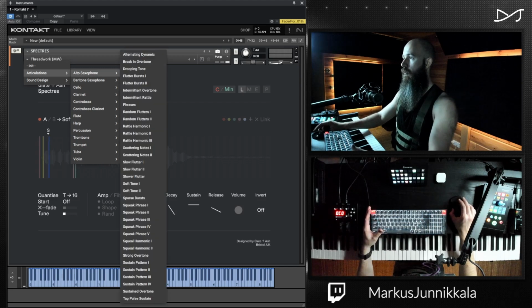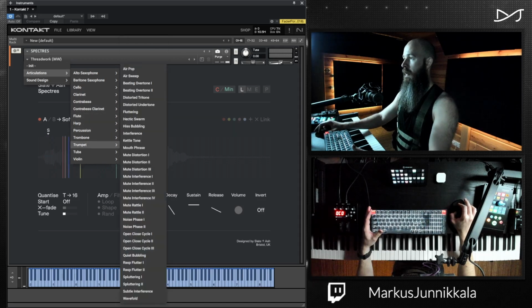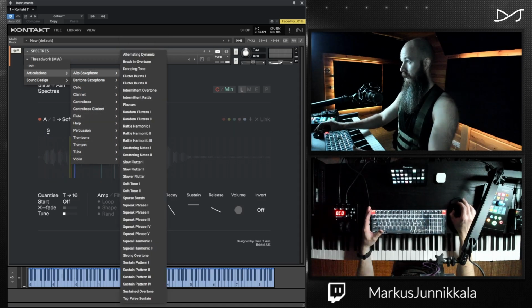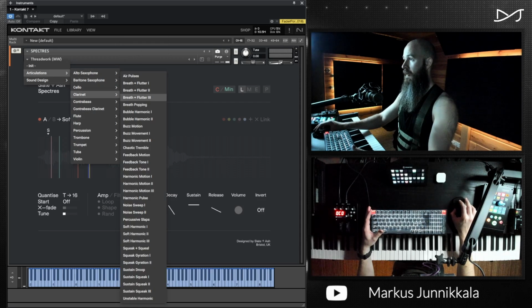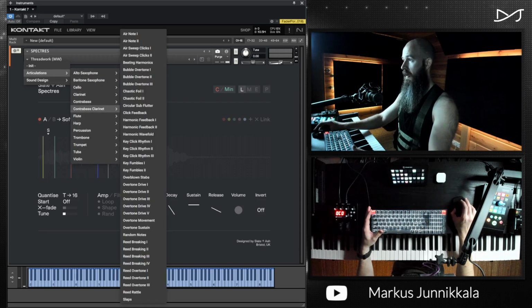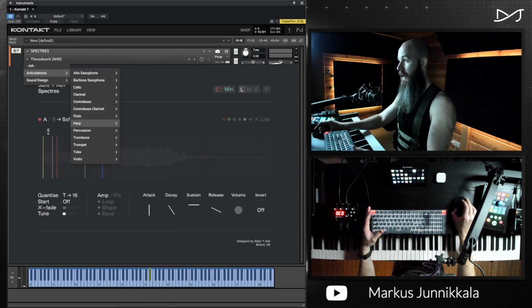All right, moving into articulations. So we're going to go through these in order. I mean, we have, again, 1, 2, 3, 4, 5, 6, 7, 8, 9, 10, 11, 12, 13 different instruments. And within each instrument, we have a further massive, but yeah, a sizable folder, especially when you're considering these are articulations, which,